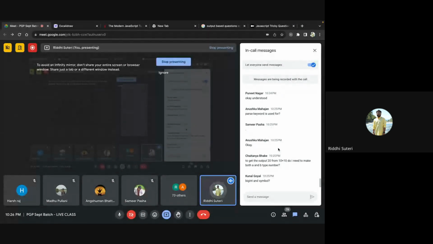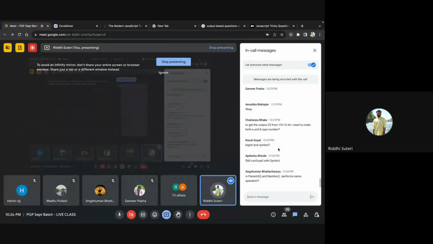That is a different practice. We are not going to talk about it right now, but yes, there is another option. BigInt and Symbol are recent additions to JavaScript. These were added later on, and they are not very widely or commonly used. There would definitely be a situation of getting confused with Symbol because it's not something used in day-to-day purposes.